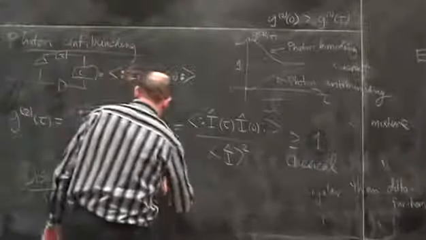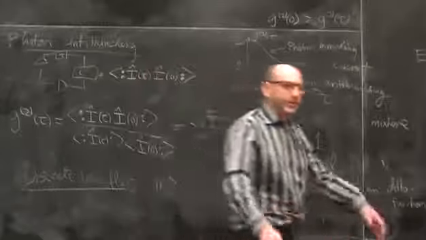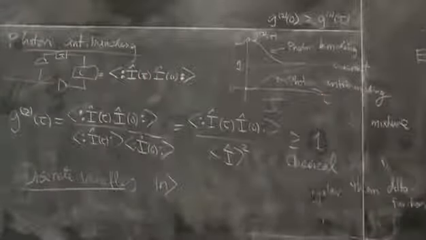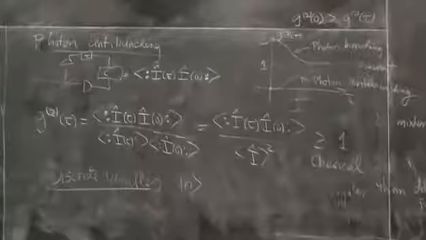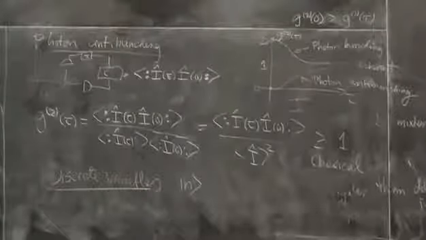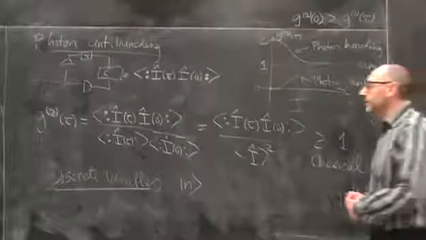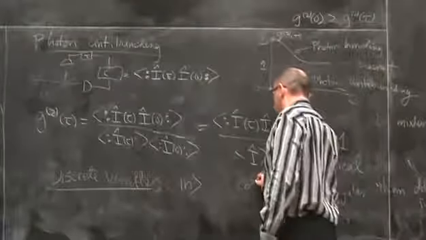That is to say, the number of photons in a certain interval. What we're going to talk about today and for the next few lectures is signatures that are associated with the continuous variables,